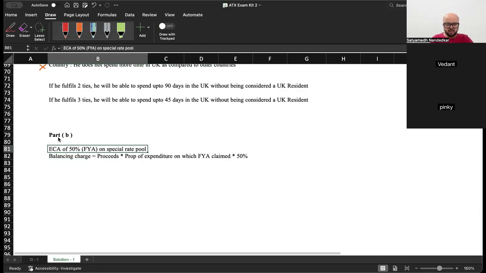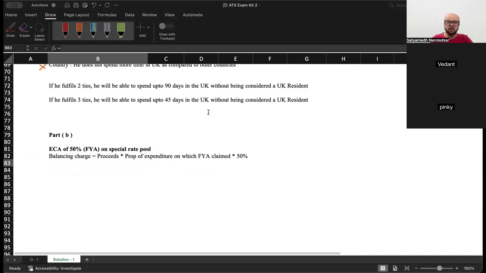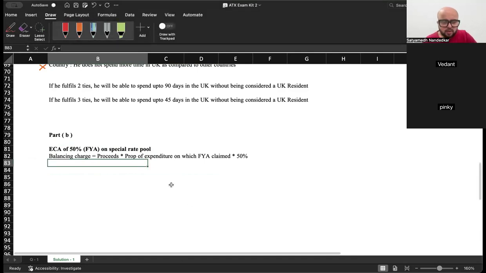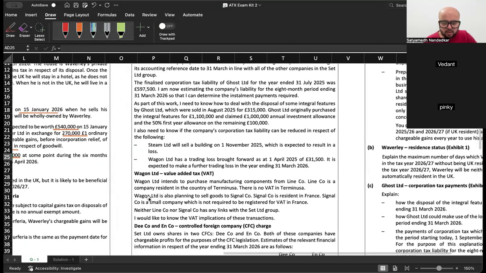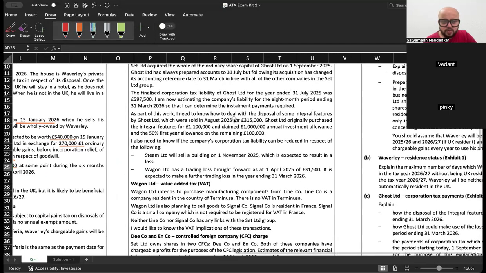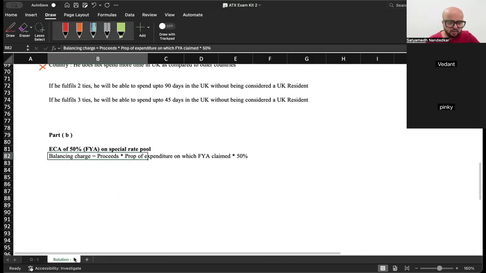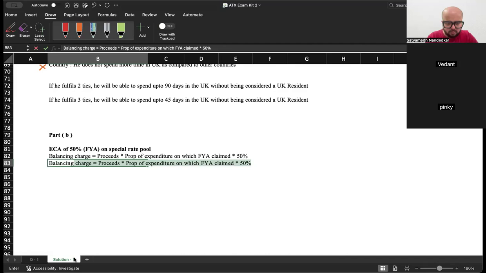Your balancing charge will be proceeds into proportion of expenditure on which FIA was claimed into 50%. Now what are the proceeds of disposal? Check. Proceeds of disposal are 3,15,000. So here the balancing charge is